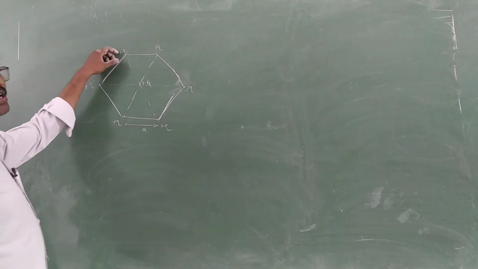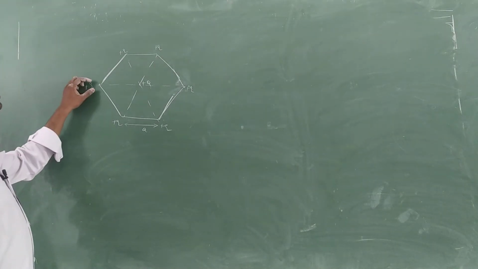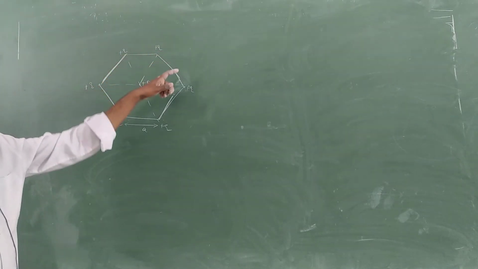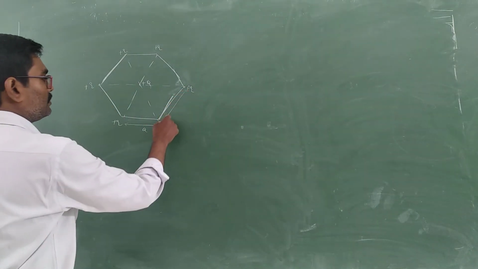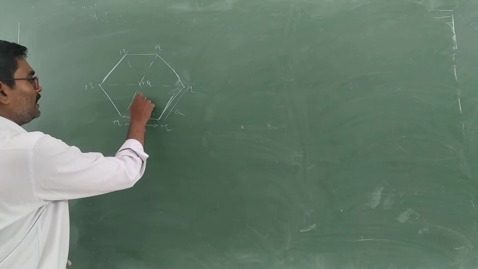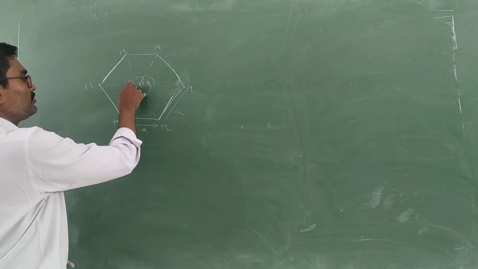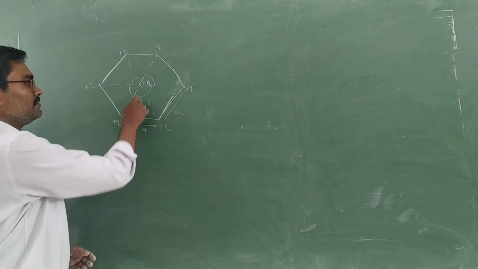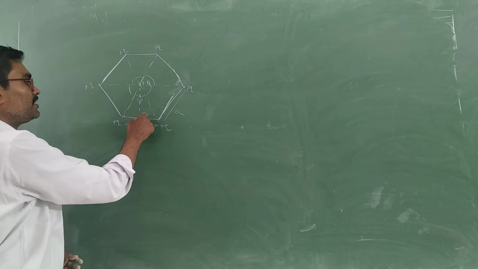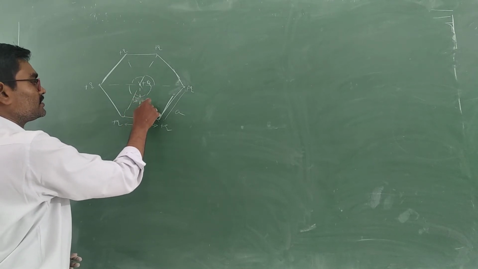There is a regular hexagon. At the 6 corners of the regular hexagon, identical charges plus Q are placed and all the sides are equal, a. Then the angle made at the center is how many parts here? 1, 2, 3, totally 6. So each angle is 60 degrees between these two. With the normal it makes an angle of 30, and this is 30.